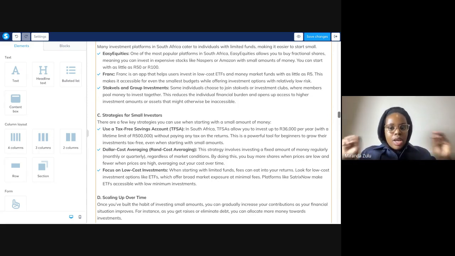that's it. If I have 1,000 Rand to invest, maybe I'm going to just pick 2, 500 here, and kind of leave it at that and go about my day. If I have 4,000, then maybe I'll put 1,000 in these 4 and go about my day. And that is it. There's no need to complicate things. I'm not buying individual shares. I'm not looking at any of that stuff. I'm focusing on a tax-free savings account, buying ETFs, and that is it.